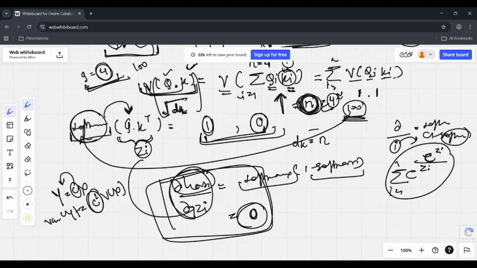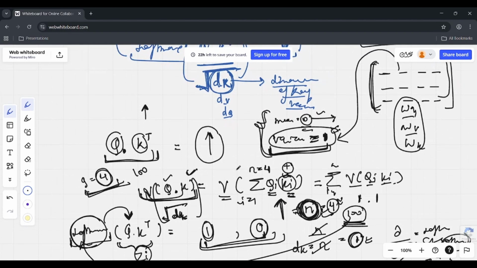And since variance is 1, n, we will always get the final variance as 1. So that is why we divided by the square root of the dimensionality of the key vector, or query vector, or value vector. I'm just summarizing again. If you find it a little bit confusing,